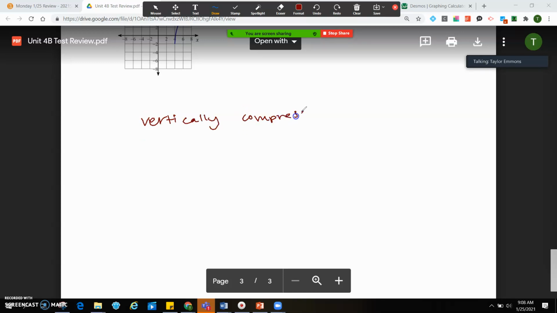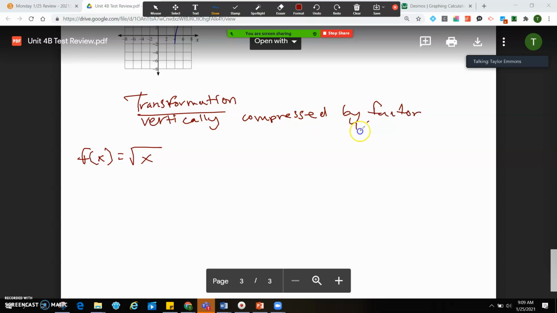If there's a transformation that happens, and it says vertically compressed, and you have the parent function square root of x. If it says vertically compressed by a factor of 1/3 and moved right 2 and down 1, and we're taking this as the parent function,